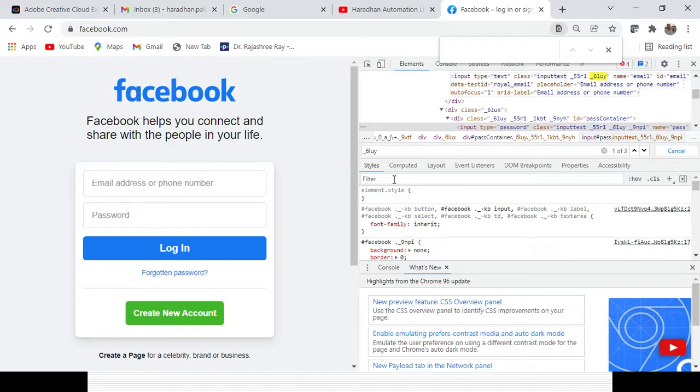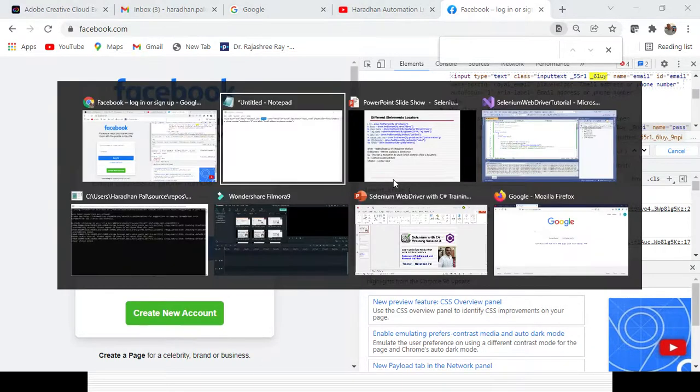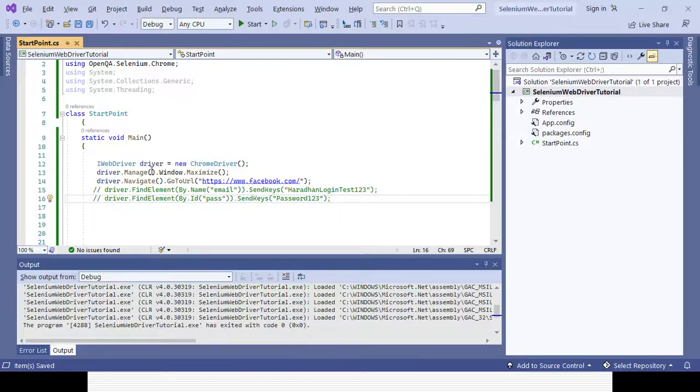So that is the reason, in case you are not able to uniquely identify any field with the class name, you definitely can create your own customized XPath or CSS. In the coming sessions, I will try to cover how to create customized XPath or CSS in case you are not able to identify the element uniquely with any element locator technique. So here I will try to go with the class name. So same thing, I will take it.